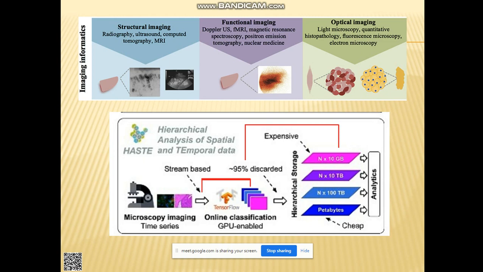and MRI. Subsequently, there is functional imaging, which will give you some kind of internal functional insight through the imaging itself: Doppler, then functional MRI, then various kinds of spectroscopy, positron emission tomography, PET, which has been a revolution in cancer research in India. Then there are various aspects of nuclear medicine as well, for example, theranostics, where we put in a particular kind of antibody which is tagged with a fluorescent tag.